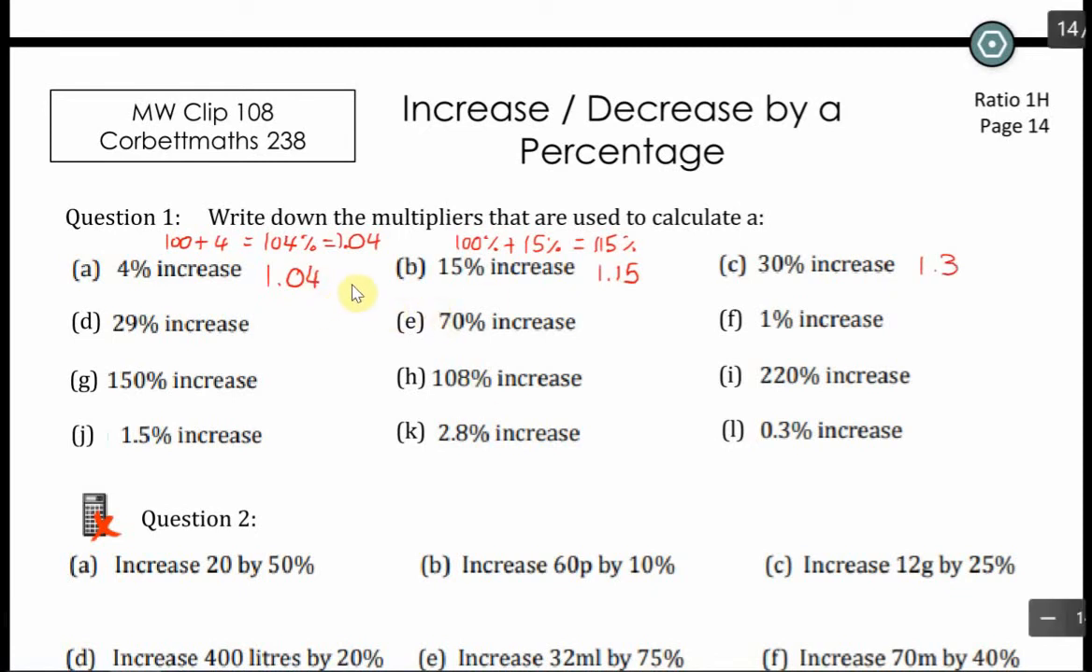I think where a lot of people get confused with these is they're tempted to put 1.4 for a question like A, and they're not sure what to put for something like C if they've done that. Okay, D, 29%, so adding 29% to 100% gives us 129%, which is 1.29, and so on. The only tricky ones here are the ones that are more than 100%, so I'll fill these in a minute. 150% increase, the same rules apply, so if I add that to 100%,